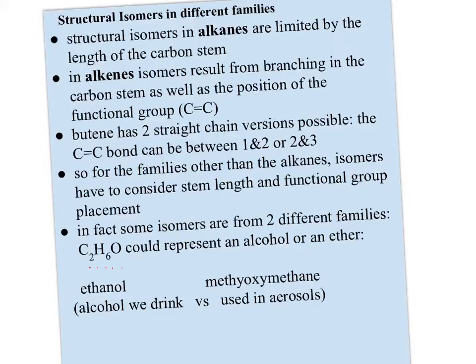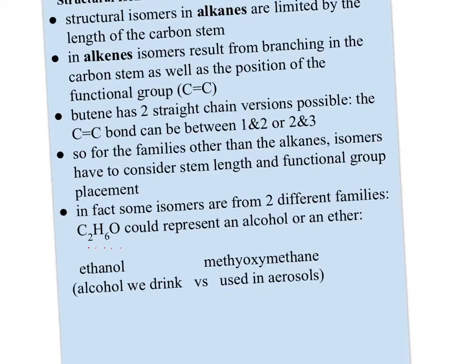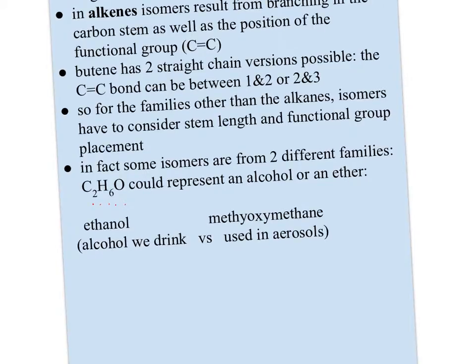For example, C2H6O could represent an alcohol or an ether. And this is where the condensed structural formula comes in handy, because if it was the alcohol, we would tend to write it as C2H5OH. And then it would be clear when I drew it that I intended it to be ethanol,